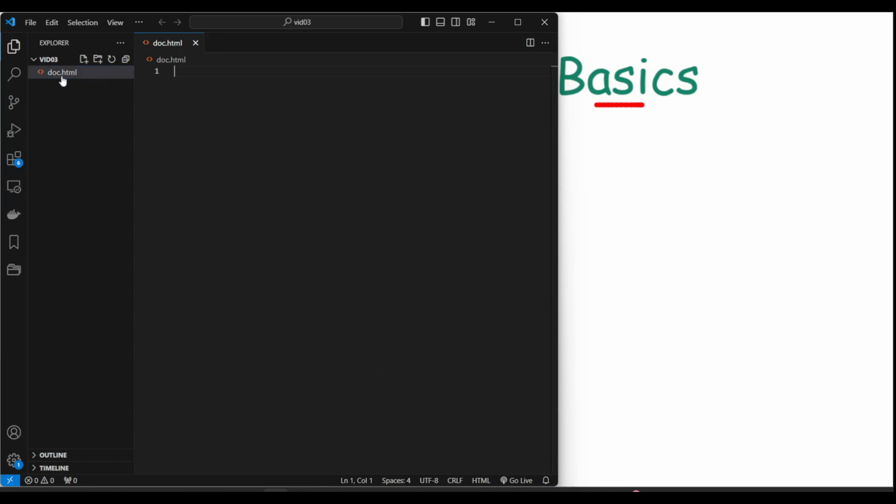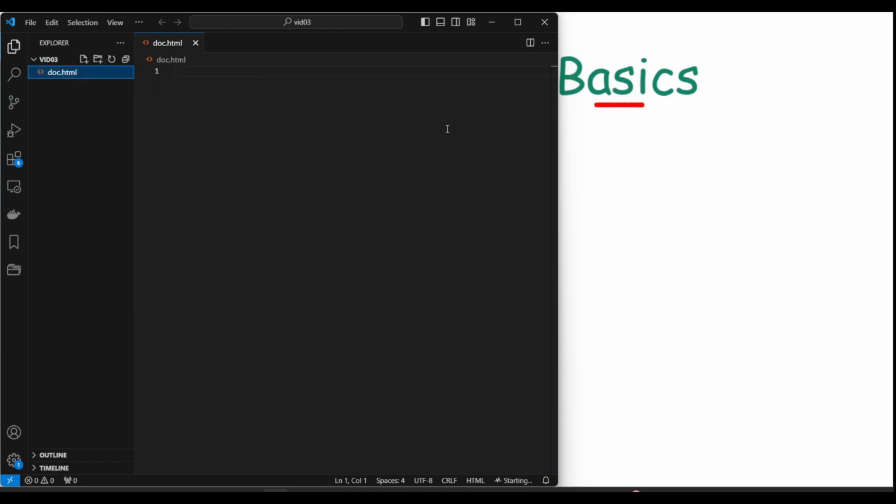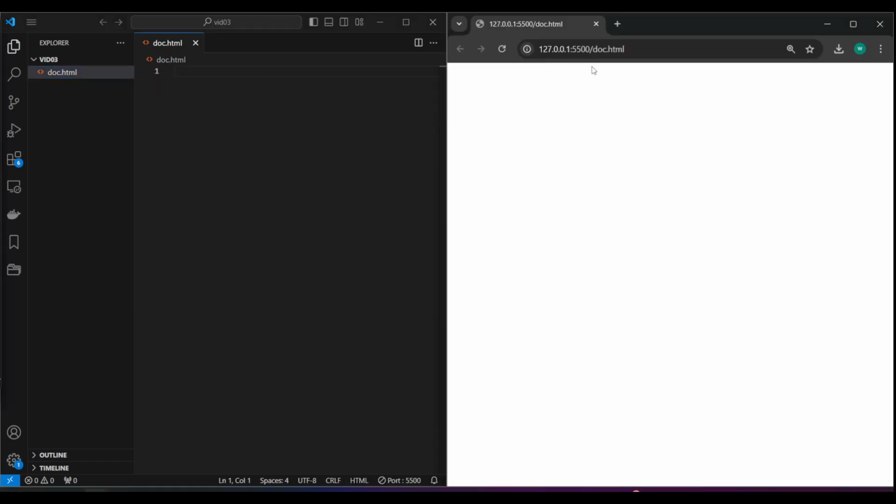And let me open this document as we did in the previous tutorials using right click and open with live server. As you can see now, our document is opened inside the browser. So here's the name of our document, doc.html. The address here is pointing to our localhost. So this is the IP address reserved for localhost, and this is the port which the live server is listening to. So the live server is emulating for us a web server which is running locally,